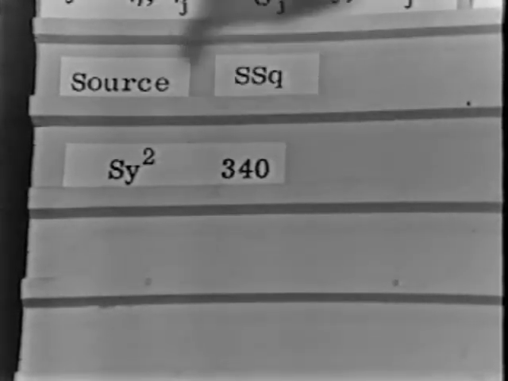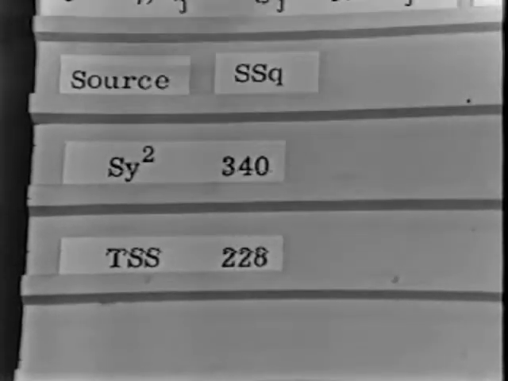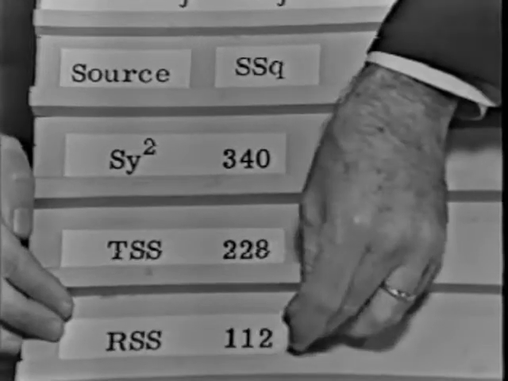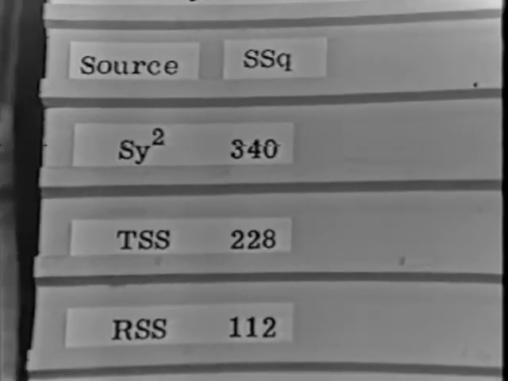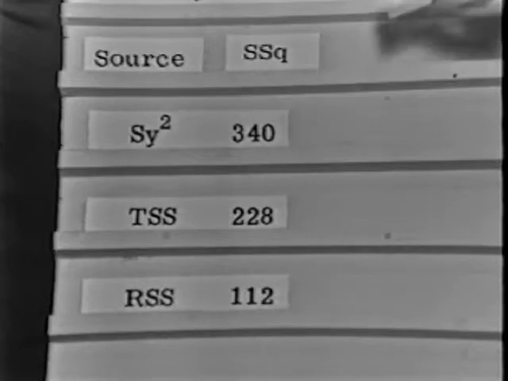That's the difference between the crude sum of squares and the correction factor. Then we'd get the treatment sum of squares, and then we'd finally get out the residual sum of squares. And of course, we better pay attention to our degrees of freedom column. Our